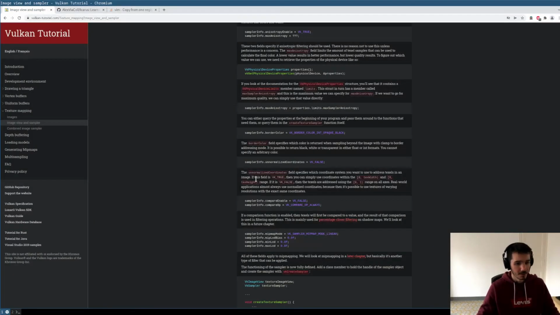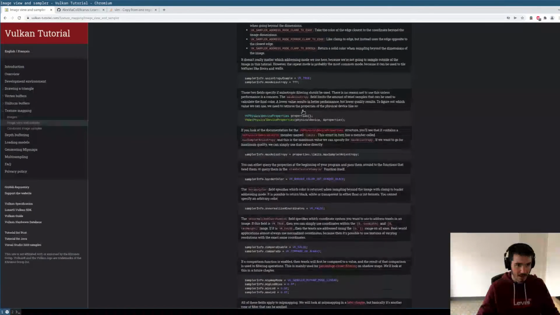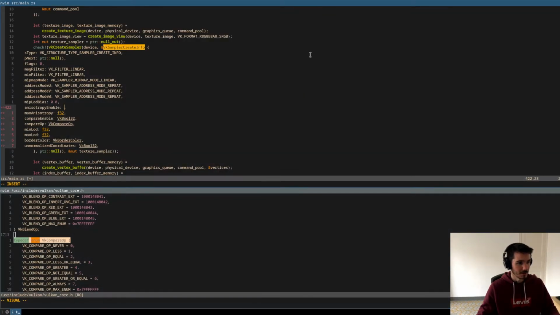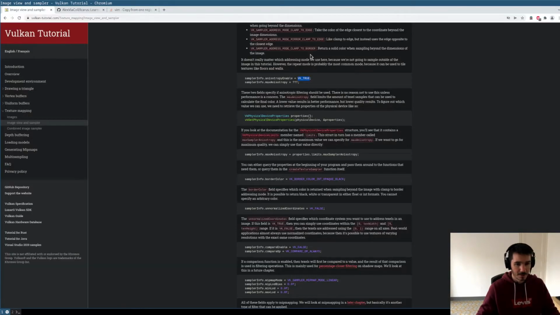Anisotropy enable. We need to check if we have support for it, but they are setting it to true. Most graphics cards have support for this. So. Then max anisotropy. It's what it says, that we need to get it from the